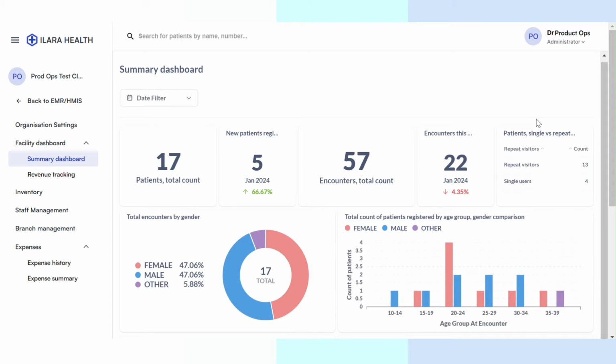This part talks about patients and how they frequent the facility. We have repeat visitors within that period. These are patients who've had more than one encounter. We have single users. These are patients who've only visited the facility once within that period. So this helps you with getting to know how many patients have had revisits and how many patients only came